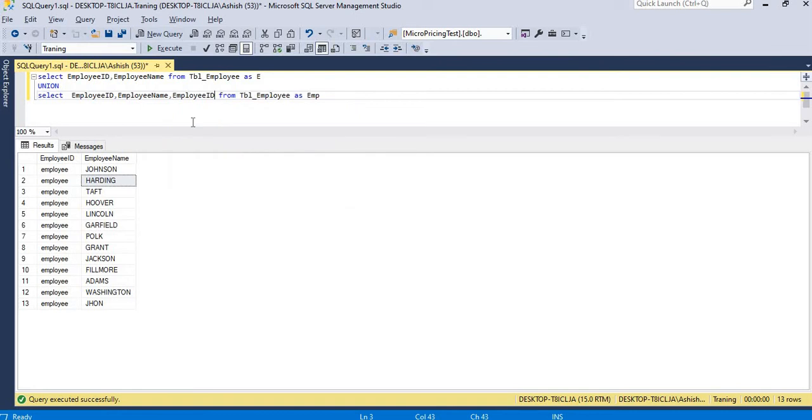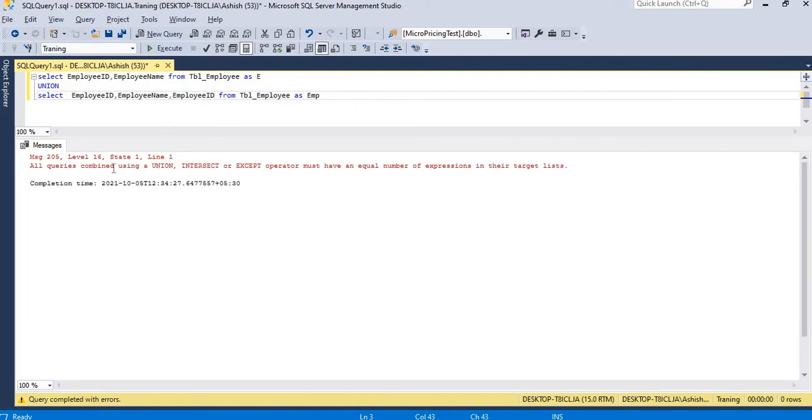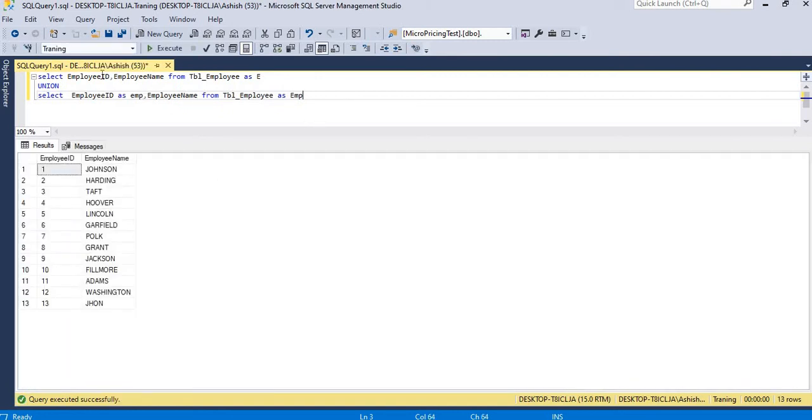If I use another employee ID, it says all queries combined using union, intersect, except must have an equal number of target list entries. The name of the column is always taken from the first query. If I use EMP here, I will not get it, because it is taking the first column.